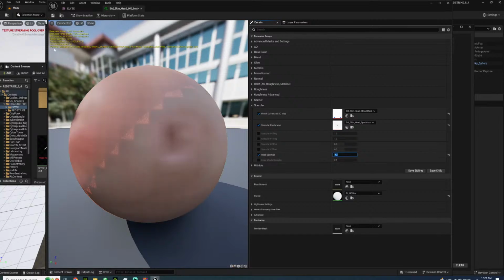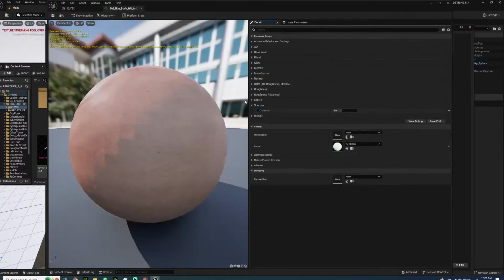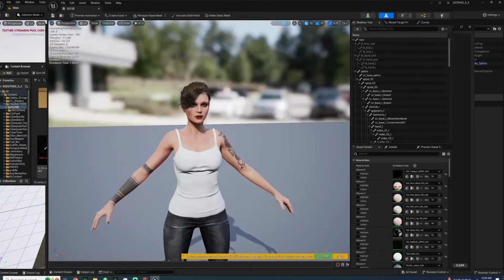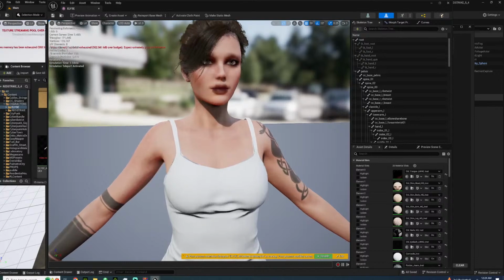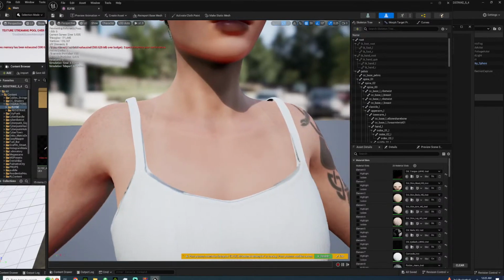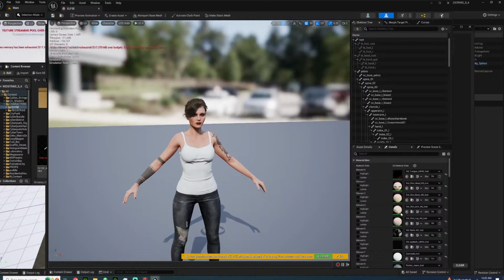So one thing I do is change the specular to 0.2. And then I may have to change everything to 0.2. You can see a little bit, but actually it's slowly improving. But we'll see when it comes to the light. And then for her arm,